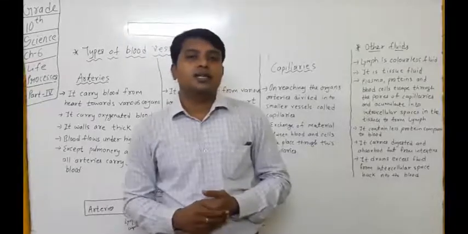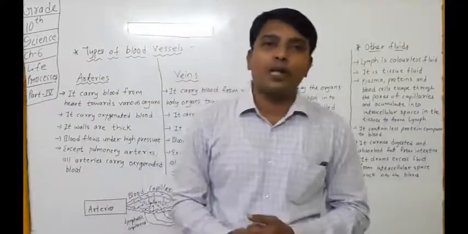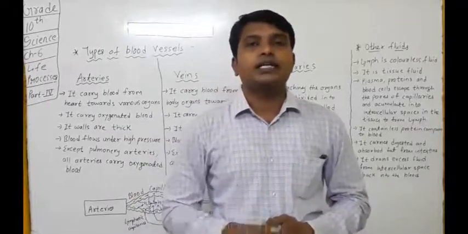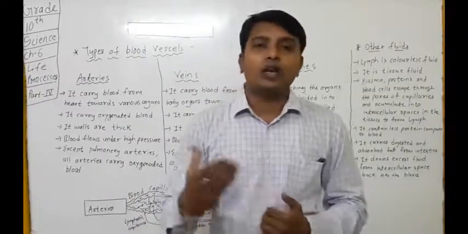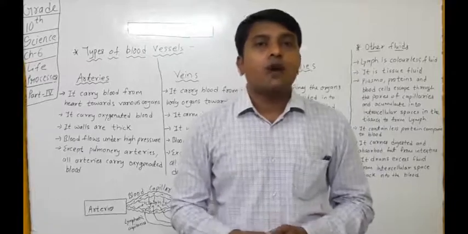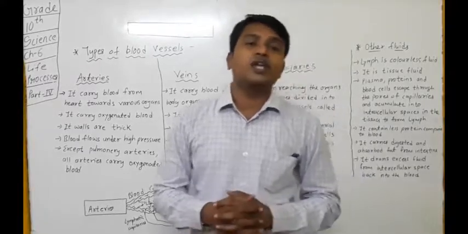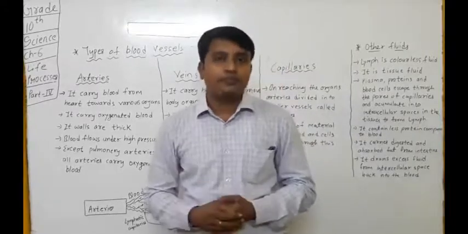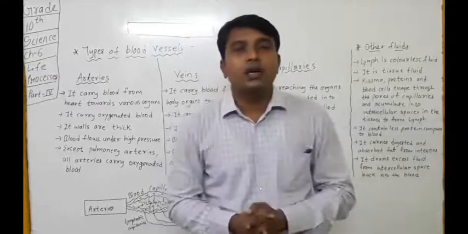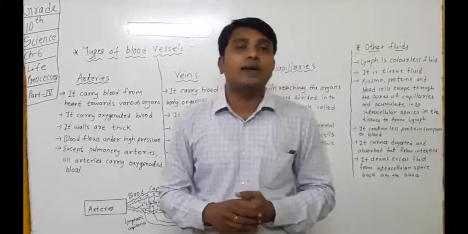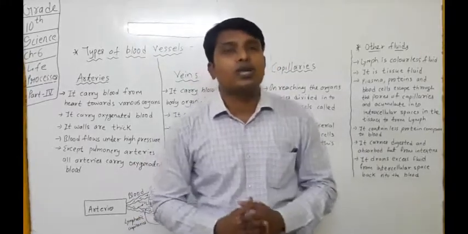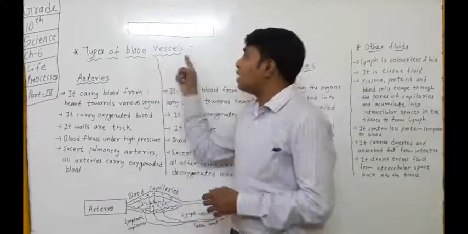Okay dear students, now let's move to our next topic, which is related to the topic we have just learned in this session, that is structure of human heart and circulation of blood in human heart. Now whatever the circulation of blood is taking place in the body between the heart and organs of the body and also the lungs, that circulation is done by the components of the circulatory system, and those components are known as blood vessels.